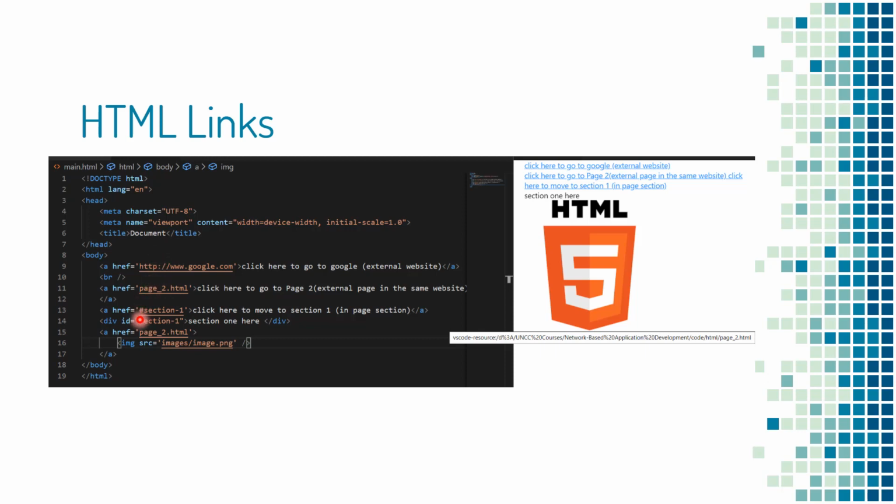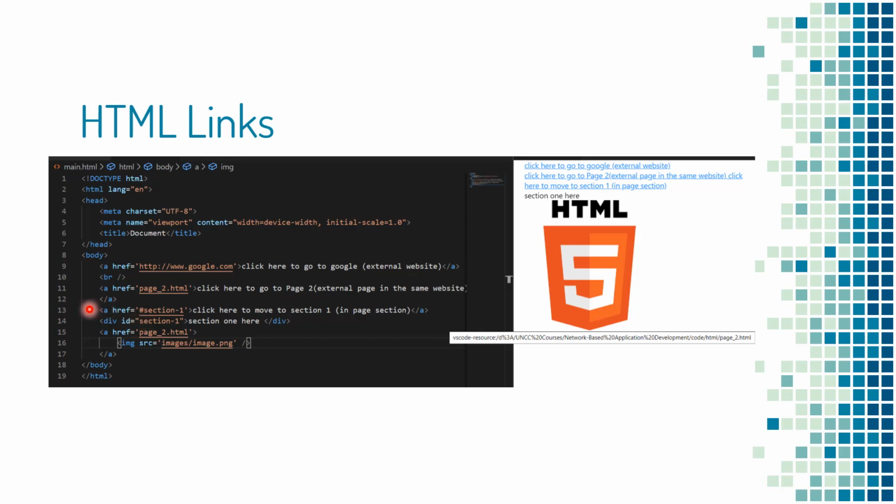Most of the time, if you want to do an internal link, you should include the hashtag, then the name of the section. So here I just added a section with the ID attribute for that tag. So the way it's working,